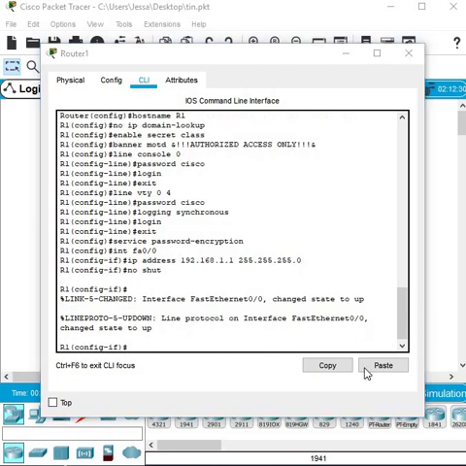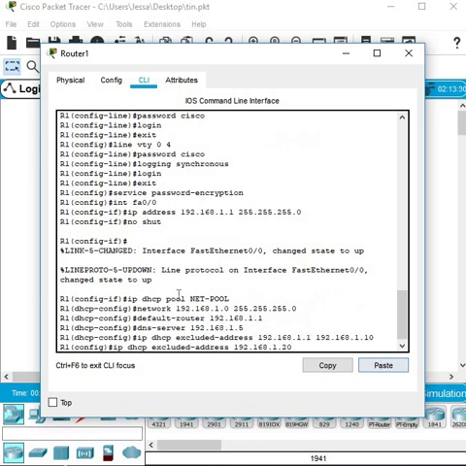And we're gonna need to use the set of commands as follows: ip dhcp pool net-pool to enter the DHCP configurations. And let's declare the network on the DHCP config, which is 192.168.1.0, followed by the subnet mask 255.255.255.0,